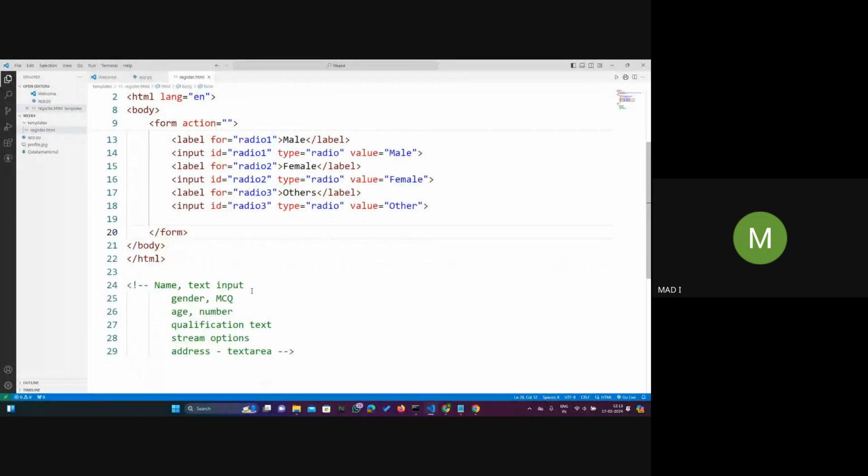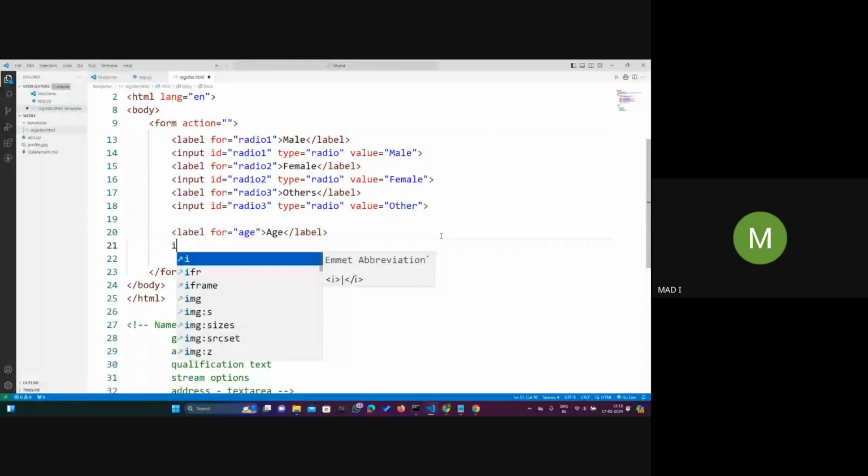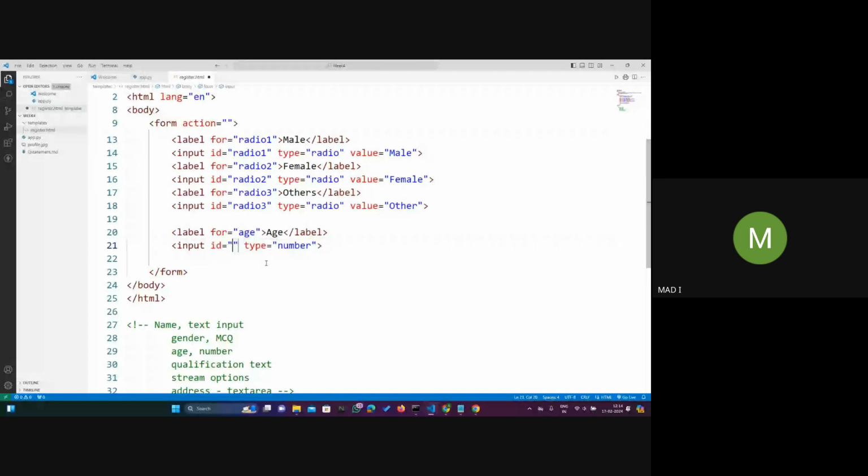Okay. Now we are done with this. Now we'll add age. Age is pretty simple. I'll write a label first. I'll create age, and write age. This is fine. And now here I'll write input. By default it will take text, but this text has to be changed into number. So if I save this